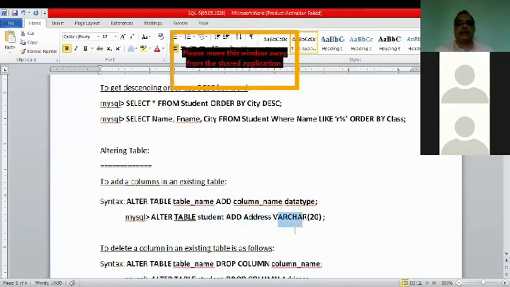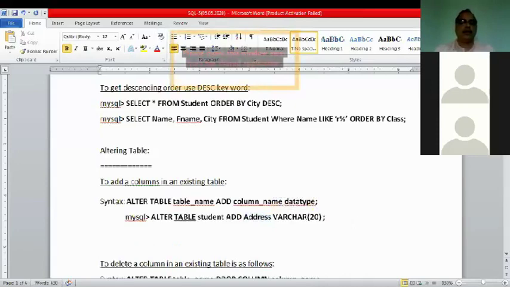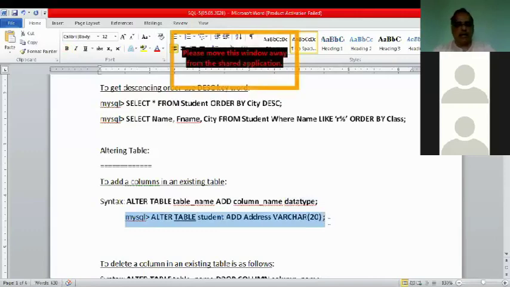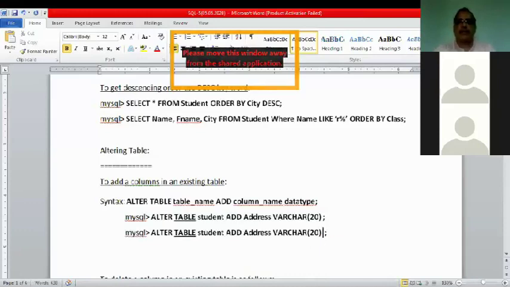Sir, this column which we are adding will get added at the last? Is there any option in between? There is. I'll come to that point. So this new field will be added at the last. As you are asking me, you may place it in a specific place, like this command, where I say after name.